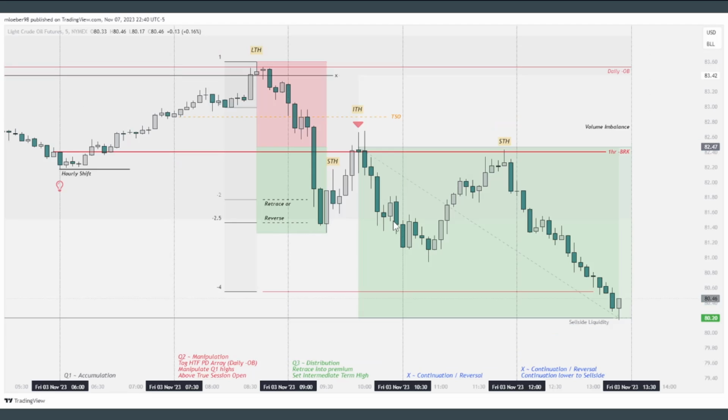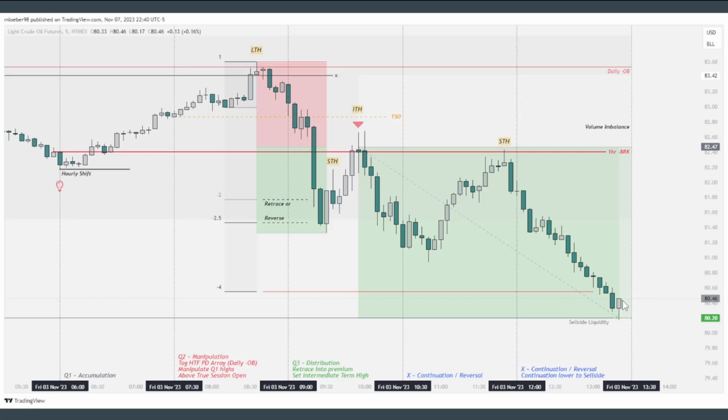And as you can see, after we entered off of that intermediate term high, we let price continue. Once we reached quarter 4, which was X, a continuation or a reversal, we ran these lows here. We reversed, retagging the hourly bearish breaker block, setting another short-term high, and then the next quarter, starting from 12 to 1:30, we considered to be X, another continuation / reversal, and this was our continuation lower to our sell